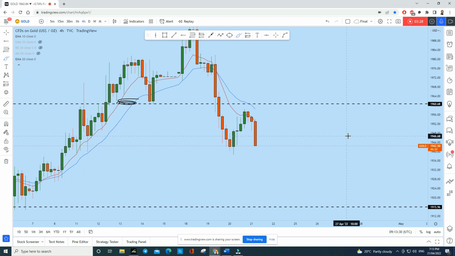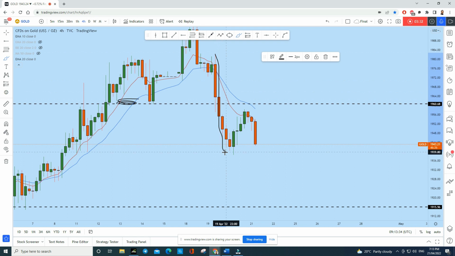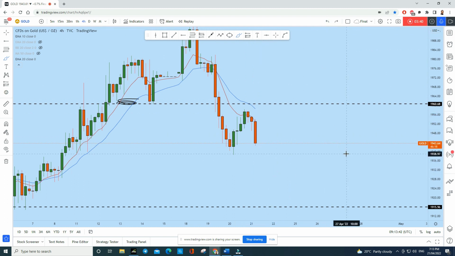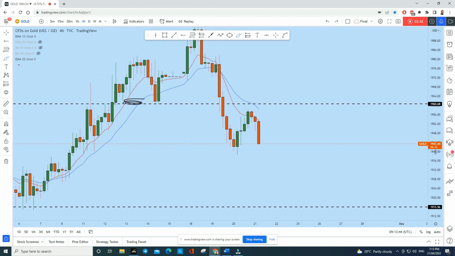As you have seen, first of all, gold impulsively broke down and created this slow retracement, which is nice and healthy. Now we see another move to the downside. What might happen is that, as you can see, after 46 minutes this candle is going to close, and it's unlikely that it will create a new lower low here. With that being said, we might see another candle here, possibly a doji.